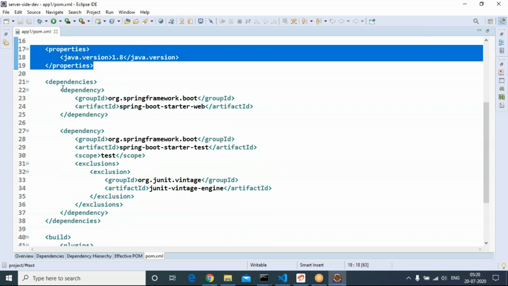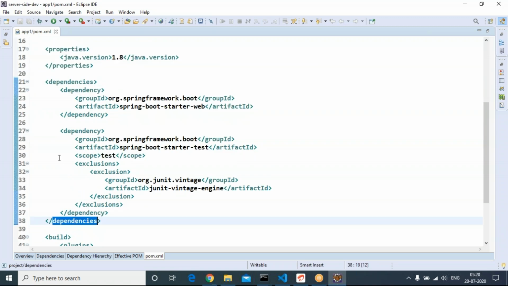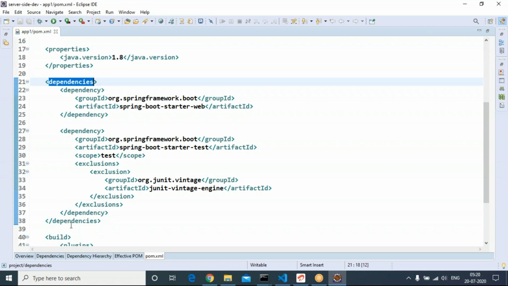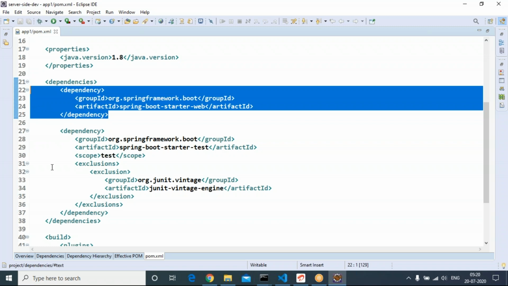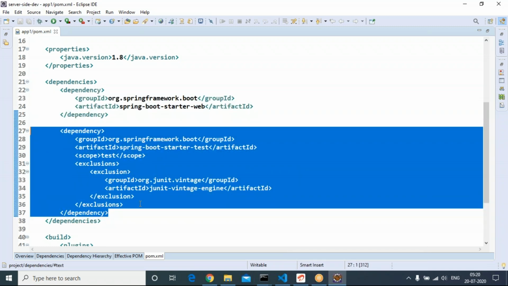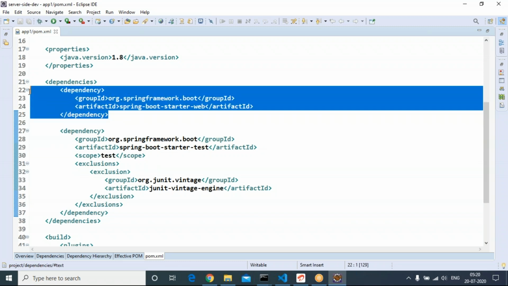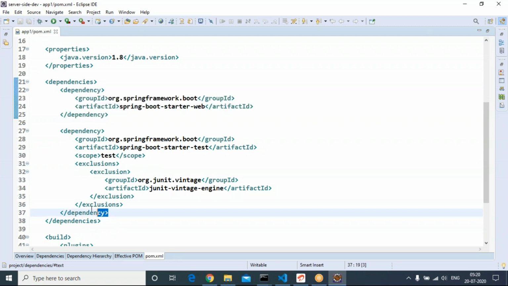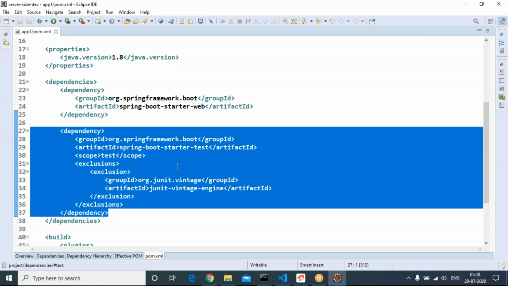Then all dependencies, every dependency, but we chose only one dependency, that is Spring Web. In addition to that, one more dependency for the testing purpose. This dependency is a default for every Spring Boot application. Spring Initializer provides one additional dependency which is mainly for testing. We selected only one dependency, we got one more dependency. This is a default for the testing.